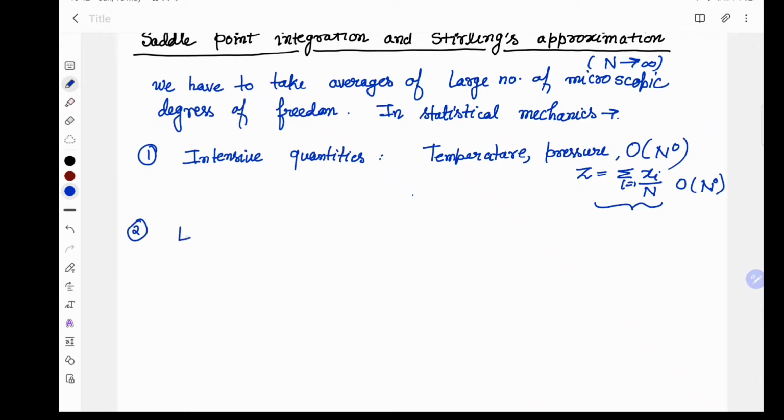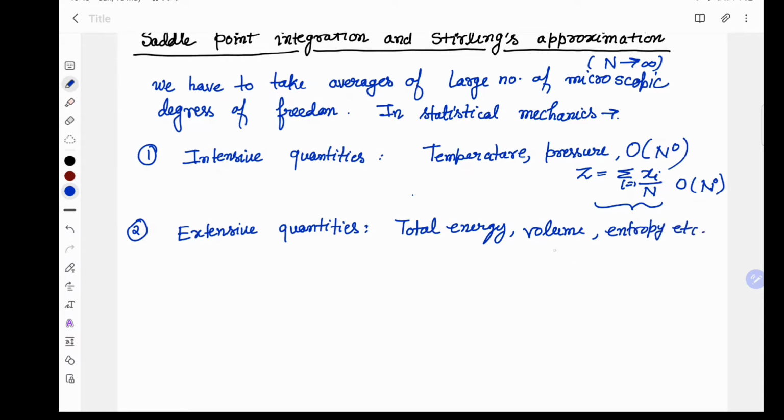Others can be extensive quantities such as total energy, volume, entropy, etc. In that case, z will be like summation over xi, which will have order n dependence. But you will see later, or you have seen also, in many cases